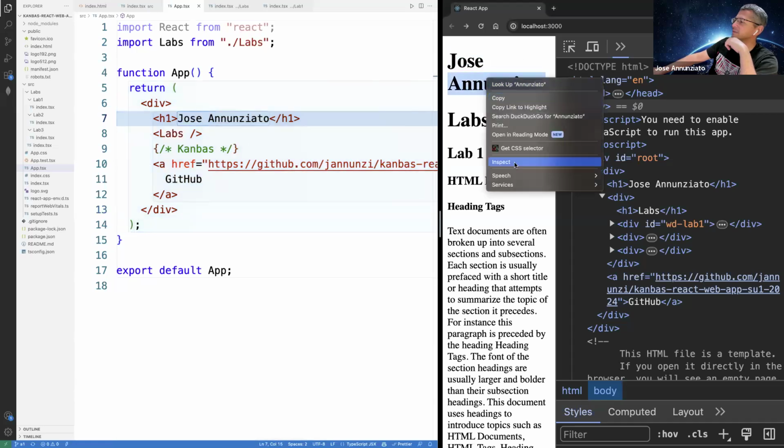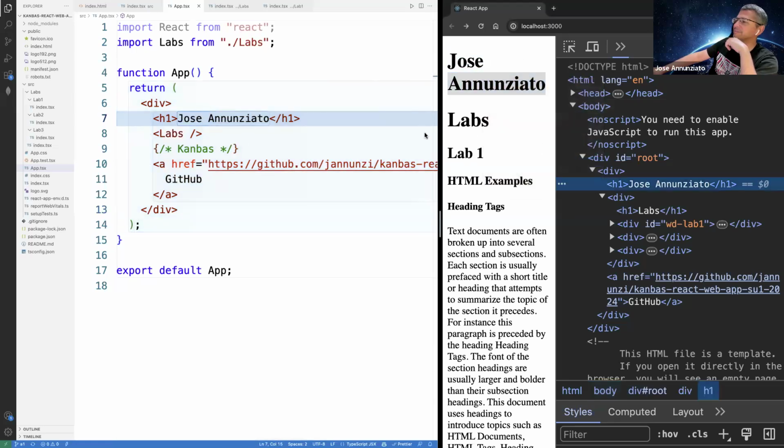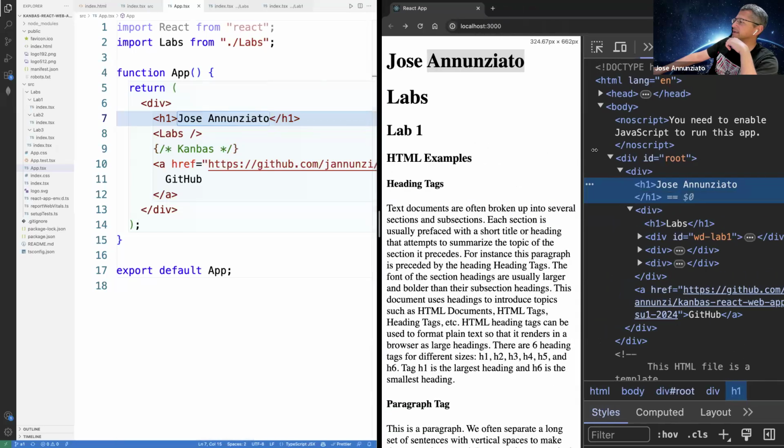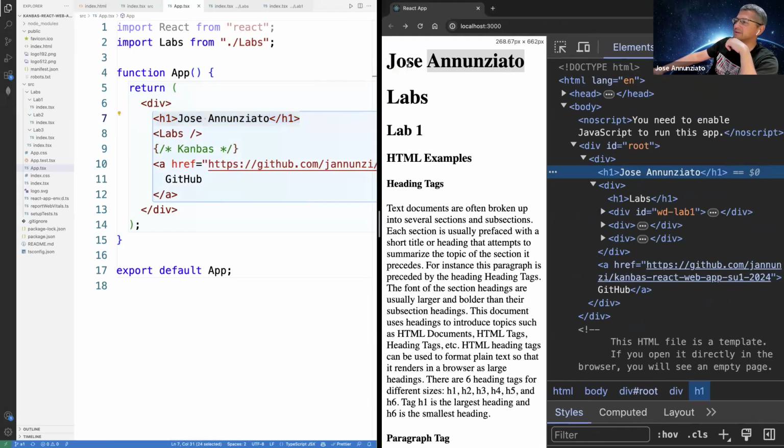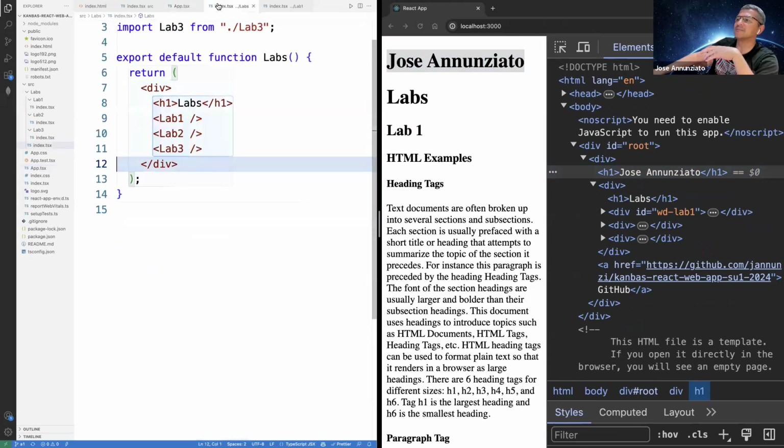We can inspect here and see that indeed this my H1 here is being rendered right there, H1. And it gets rendered on the screen like that in the heading. Then we have this labs, right? It's a component, another function, implemented in a local file called labs right here,